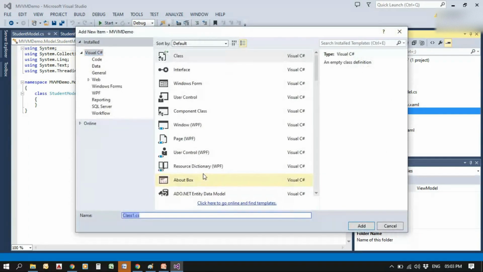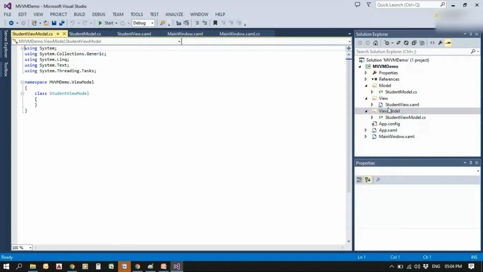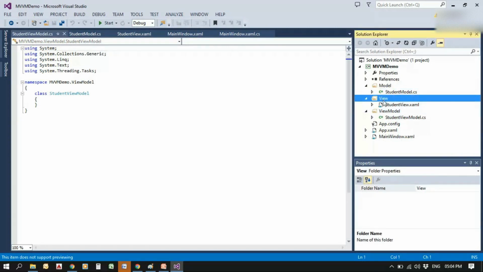Since it's inside view model, we can give student view model. It is better to practice by giving names like this. So we have added all the files that we need to run this application.